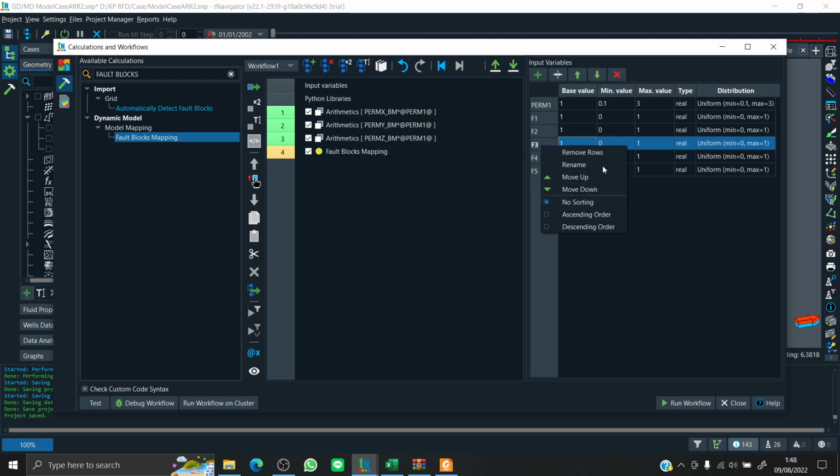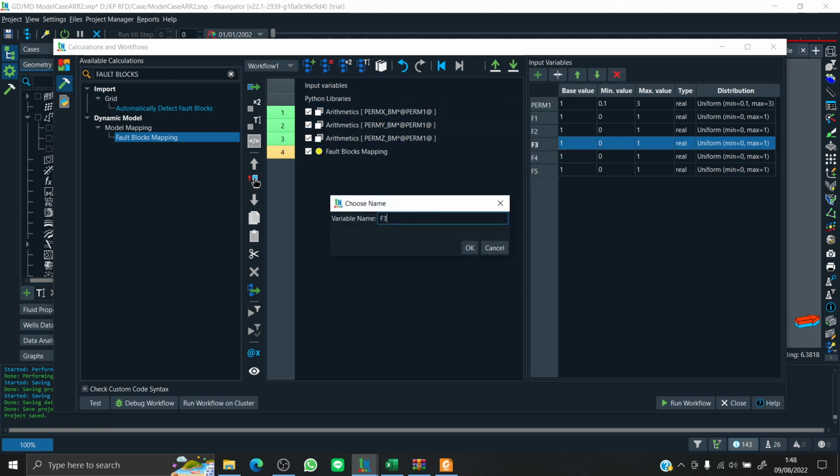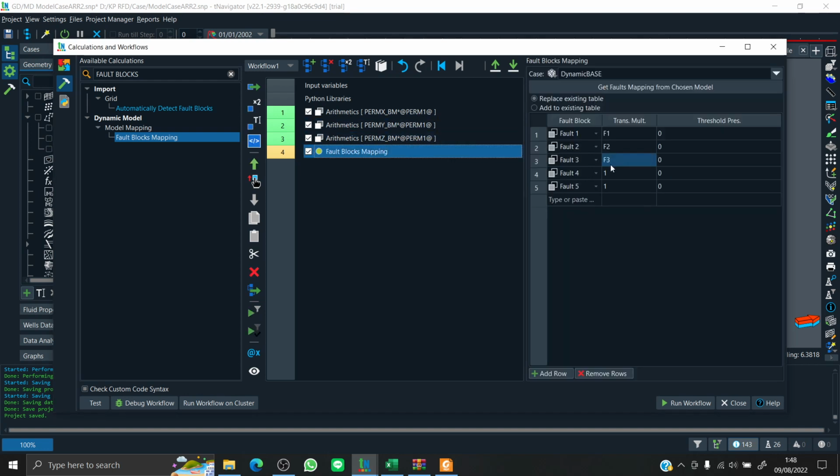I think. Yeah, for example, if I rename F3 to ABC like this, as long as the variable names are the same. So as you can see, F3 is an error because the machine doesn't know what F3 is, but the machine knows ABC.